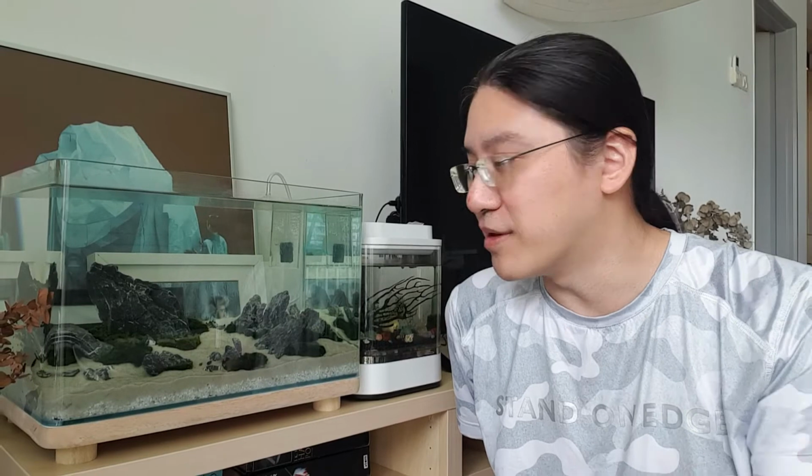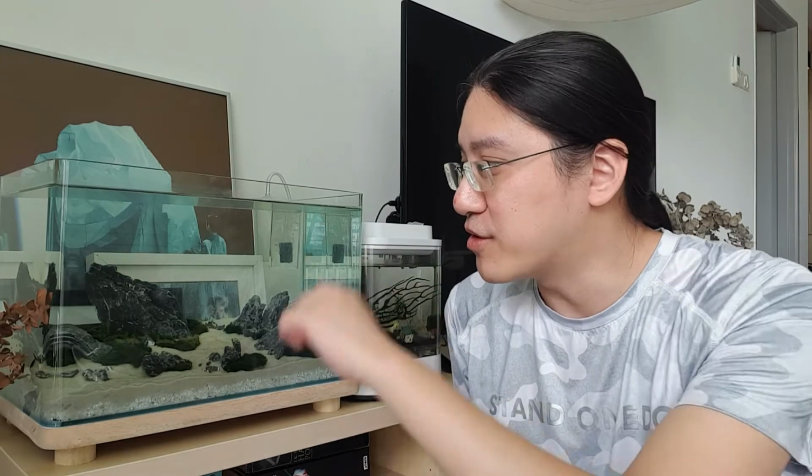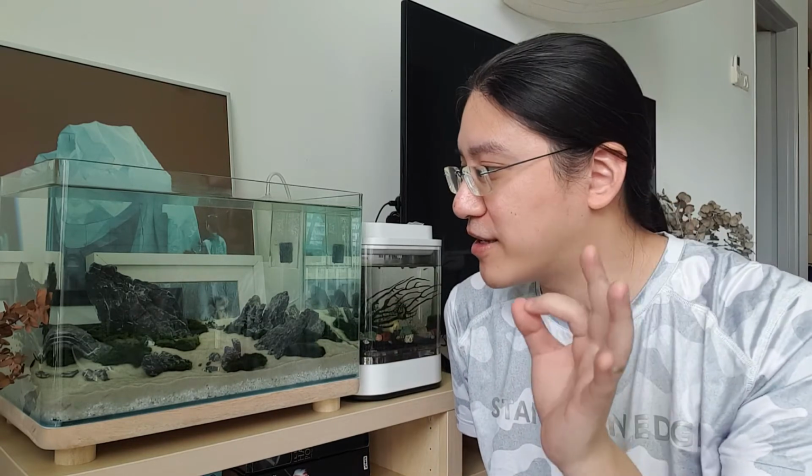Now coming over to this tank, even though I waited for more than a week and I've been dosing it continually with fish food and spirulina, I could not detect any sign of ammonia. There was no ammonia, even though I've been testing it with my test kit. There were no nitrites, there were no nitrates,